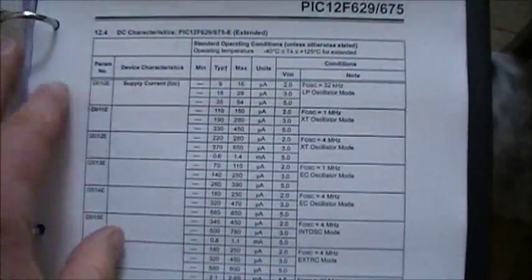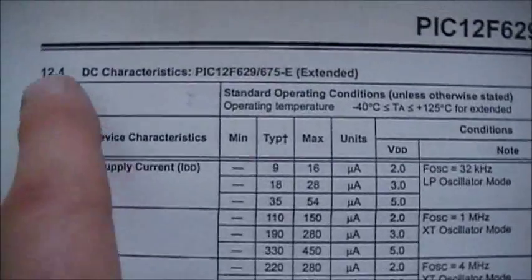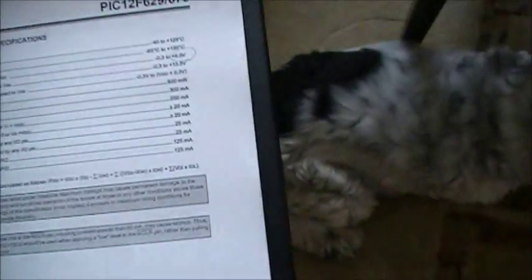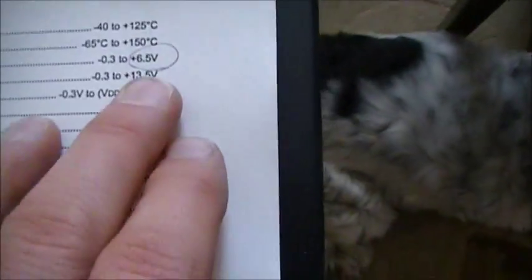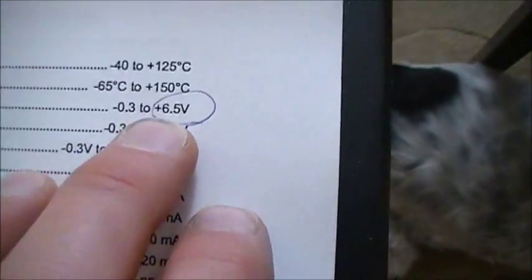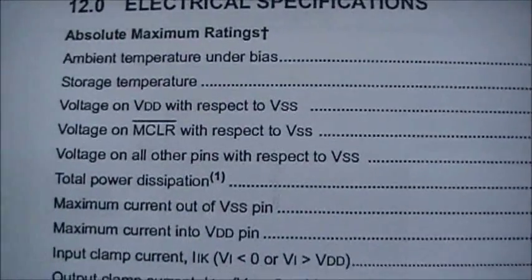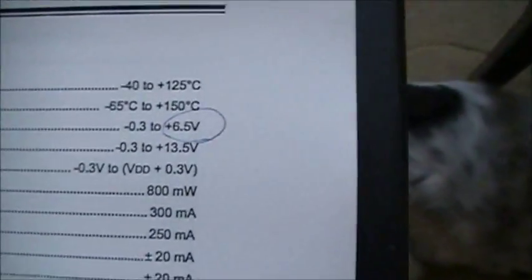And as well, you can do other things with this manual, as far as finding out the electrical characteristics and seeing if everything is designed the way you expect it to be. Things like, I know that my 5 volts is good because this is saying that I can stay between 0 and 6.5 volts without blowing up the chip. Anyhow,